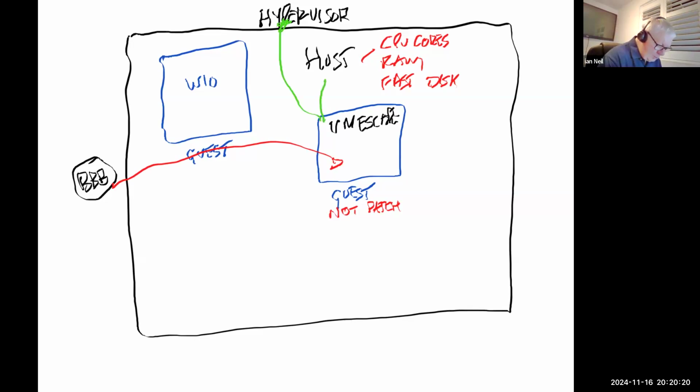He could also attack the host. Because if he attacks the host, let's say the host has got 20 virtual machines, all those virtual machines are taken out. Or he may attack a guest. Now, if I've got a virtual environment and I've got 200 virtual machines, Big Bad Bob is going to employ Nmap, because Nmap can give him an inventory of your whole network.